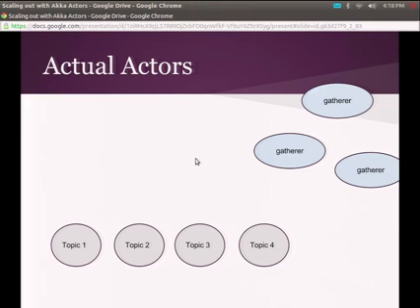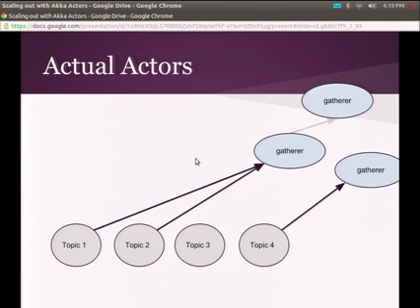So why is this important? For those of you who are unfamiliar with actor systems, the only way to track client state is to create a new actor. To track a transaction as it flows through the system, you create an actor to remember the transaction, to remember that state. The only way you can save state in an actor system is via actors, okay? The benefit of this is while these topics are responding, I can have another query start to flow down my tree. So this tree can be responding to multiple queries at the same time. They all are in a pipeline, but that's still possible, okay? I start to get some parallelism.